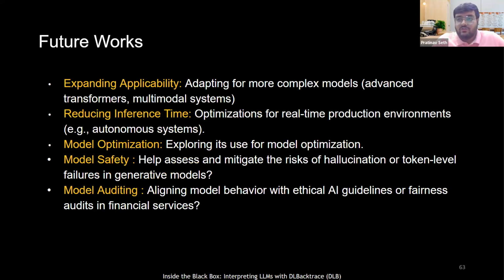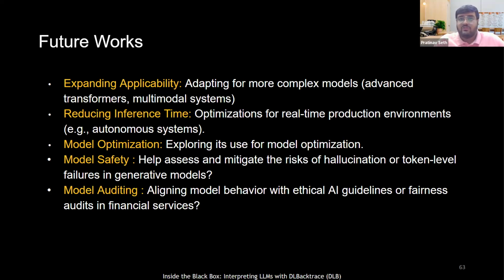What we are working on in future is expanding its applicability. Currently in the free version, you have limited access, but with the in-house version, you will have many more models, and we are making it model agnostic, so you can have any PyTorch layer or any TensorFlow layer in your model, and you can use that model checkpoint or model architecture and just run Backtrace on it locally on our platform.